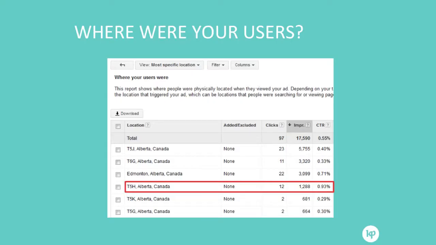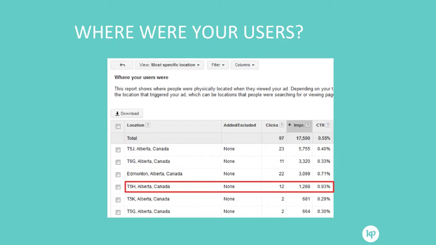And the next thing you need to ask yourself is, where are your users? One of the great reports that you get with radius targeting is you can view specific locations where your users are located. Now, Americans who are watching this, you can view this by zip code. What I'm looking at are postal codes, which are like zip codes but have letters in them. And one of the things that I can see is that the postal code that starts with T5H has a 0.9% click-through rate, whereas the postal code starting with T5K only has a 0.29 click-through rate, T5G only a 0.3